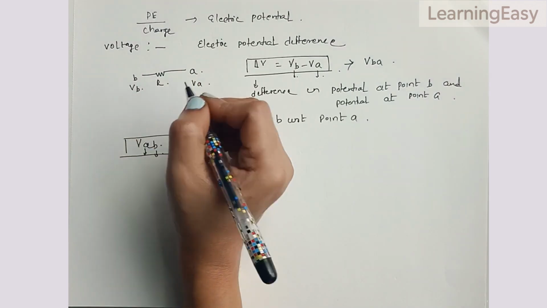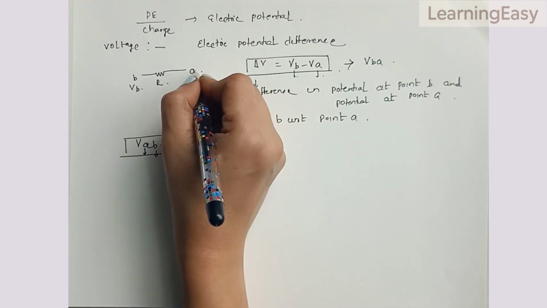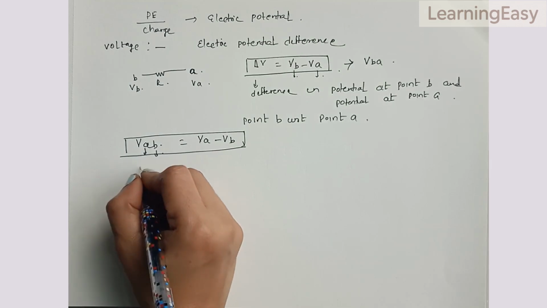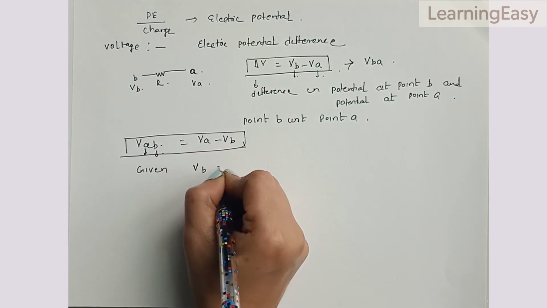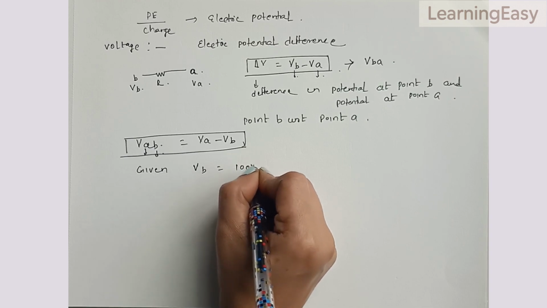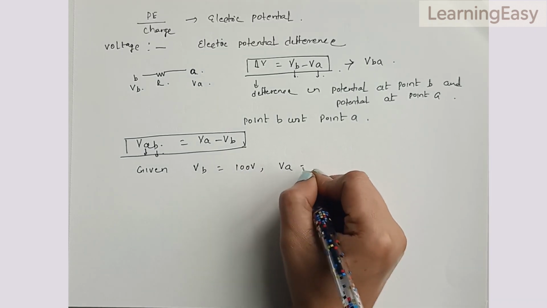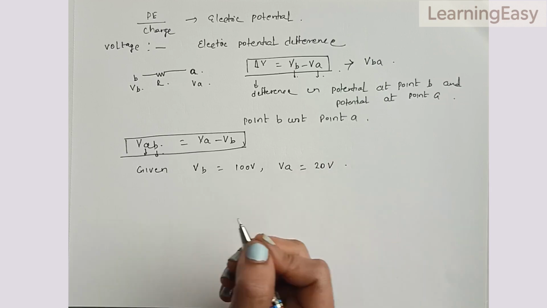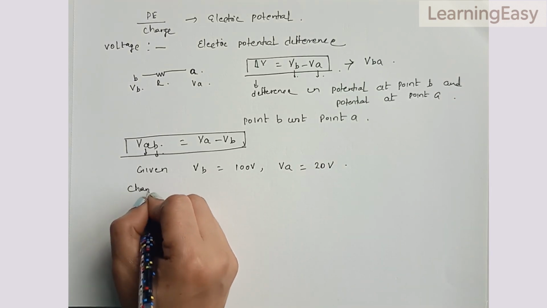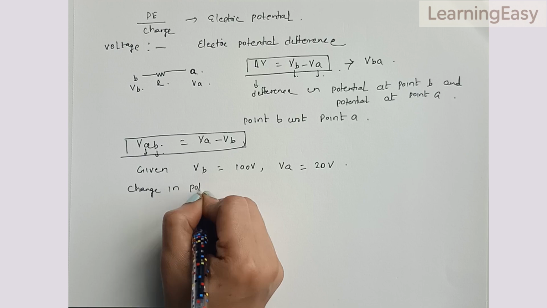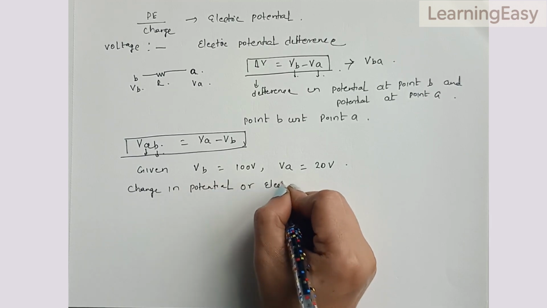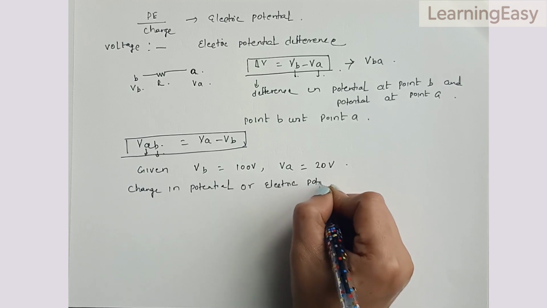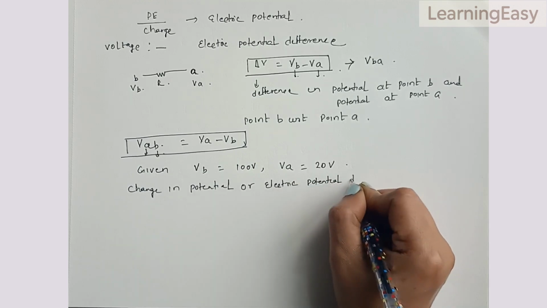We have a resistor R which is connected across 2 points A and B. Given V of B is equal to 100 volt and V of A is equal to 20 volt. So change in potential, or you can say electric potential difference,